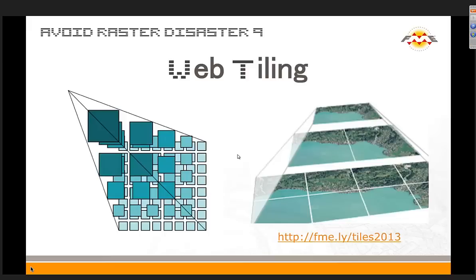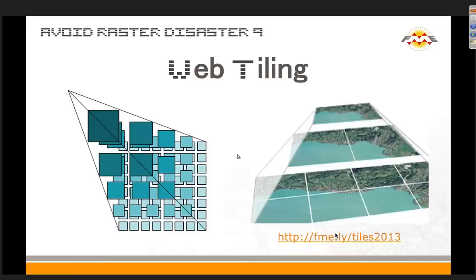And as you zoom in and out and move around in the software, it's constantly feeding these tiles to you. Now, to take your own data and create this sort of tile pyramid structure, we have a process for that. That's right. I'm going to show the results first, and then we'll go.